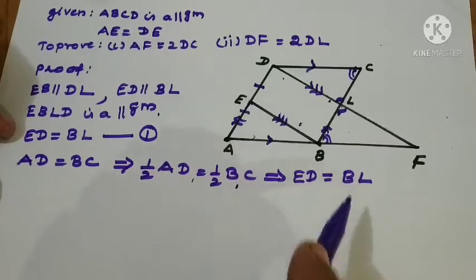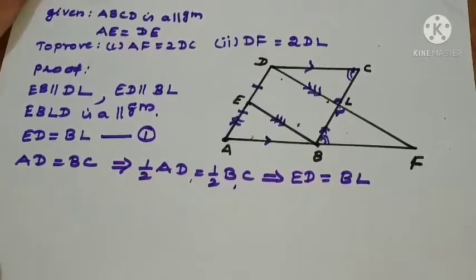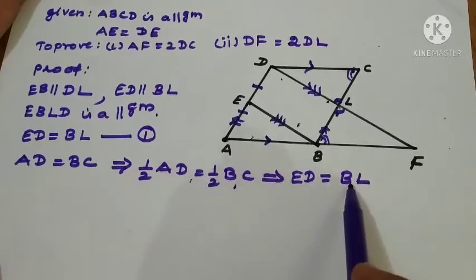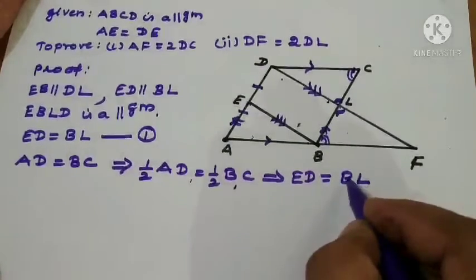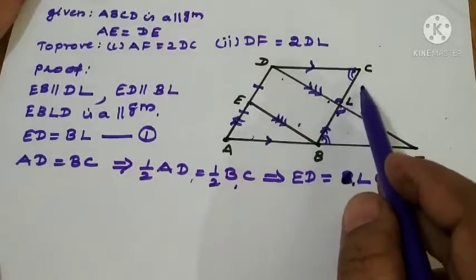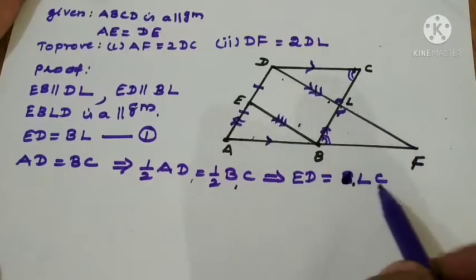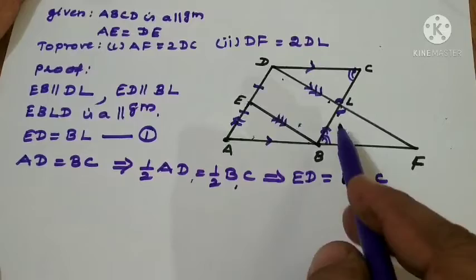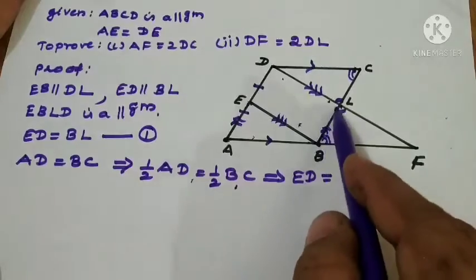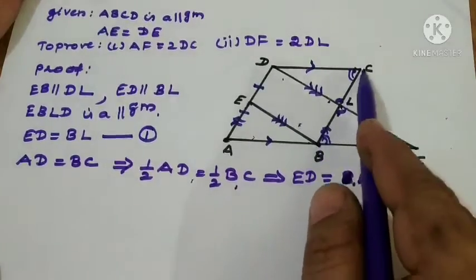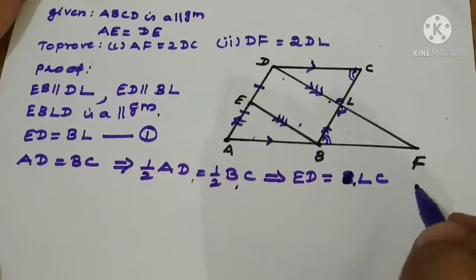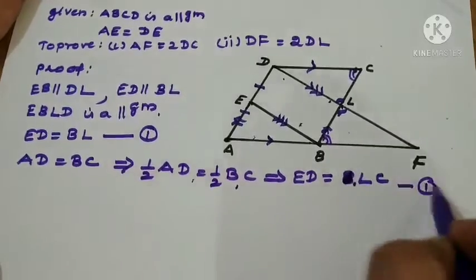In the same way, ED means half of AD is gone. Now we need half of BC. BL also we can write, or we can write LC also, right? So BL and LC are equal, or CL we can say. So half of BC means it is half of AD. Here it is already shown that half of AD means BL. So the remaining is also half of BC only. So that is why ED equal to LC, we got equation number 2.